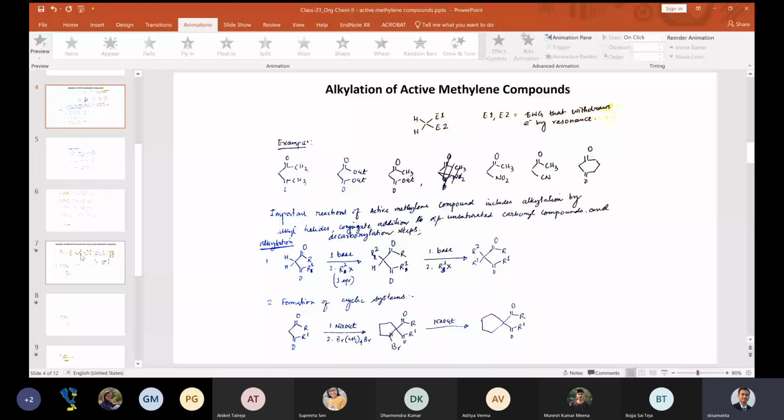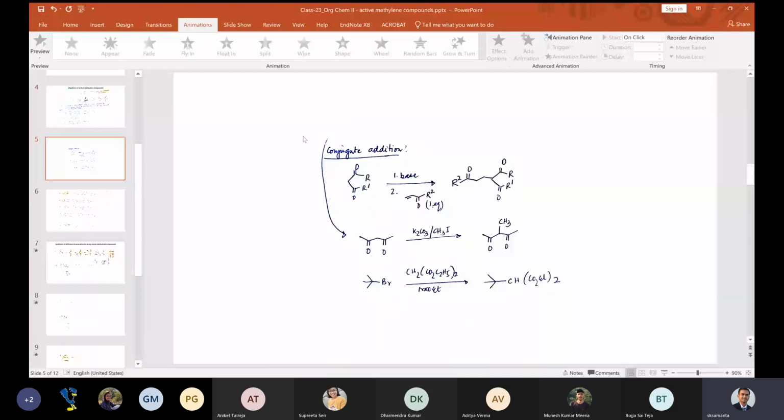Okay, now let's see conjugate addition in one of these cases. Other alkyl addition is also there. Okay, let's finish the alkyl addition first, then we'll come to the conjugate addition. So you can take this kind of acetyl acetone, add a base, so it will form this negative charge acetylacetonate, and use another alkyl halide like methyl iodide, which is mostly used for methylation reactions, and then you can have methyl here. Or even you can take tertiary butyl bromide, and then you can also alkylate in this fashion. So these are most of the alkylation reactions, which are very simple, base promoted, no problem.